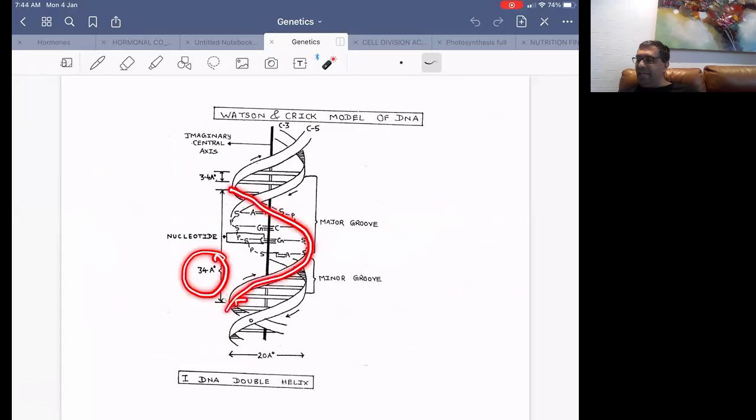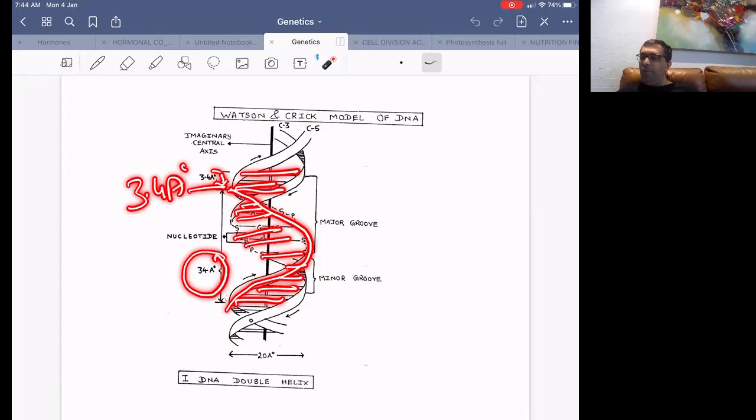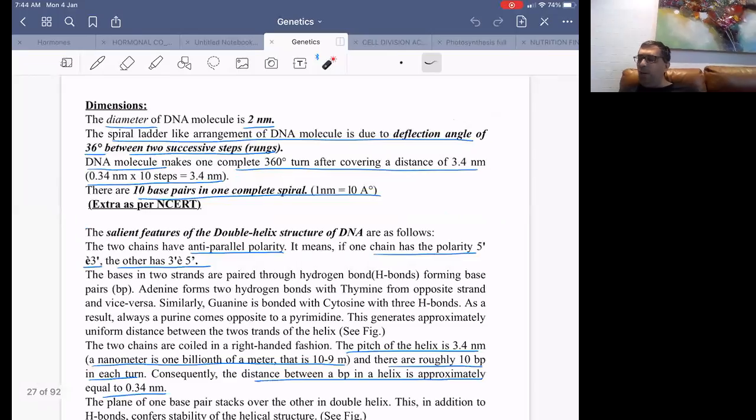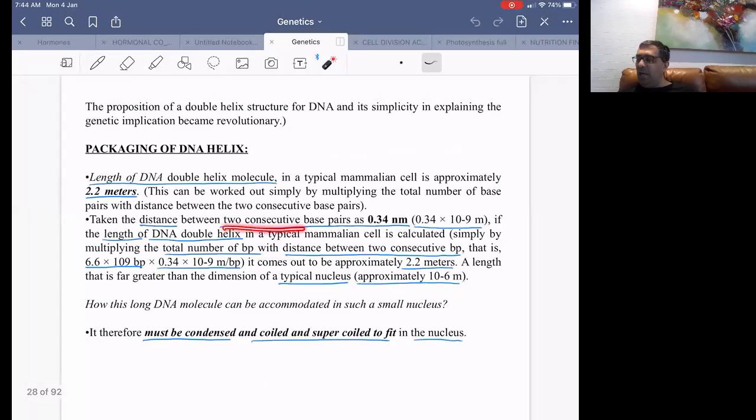It had in it 10 base pairs, so the distance between two base pairs was 3.4 angstrom units, which is the same as 0.34 nanometers. So the length between two consecutive base pairs is 0.34 nanometer, which is 0.34 into 10 raised to